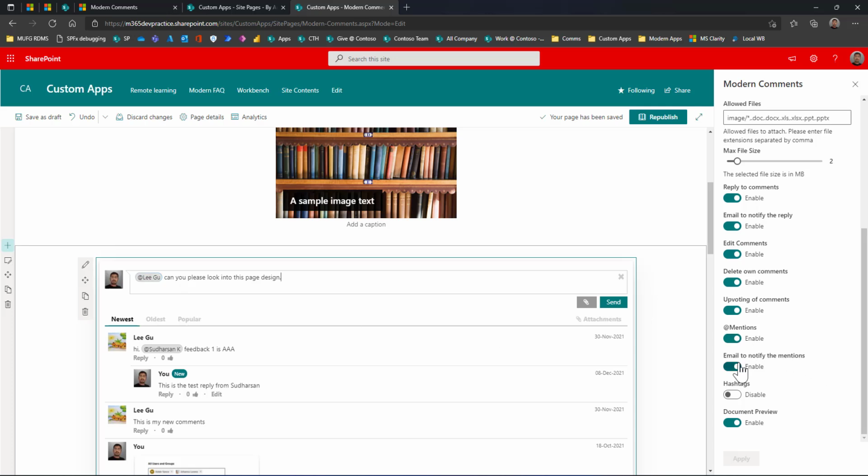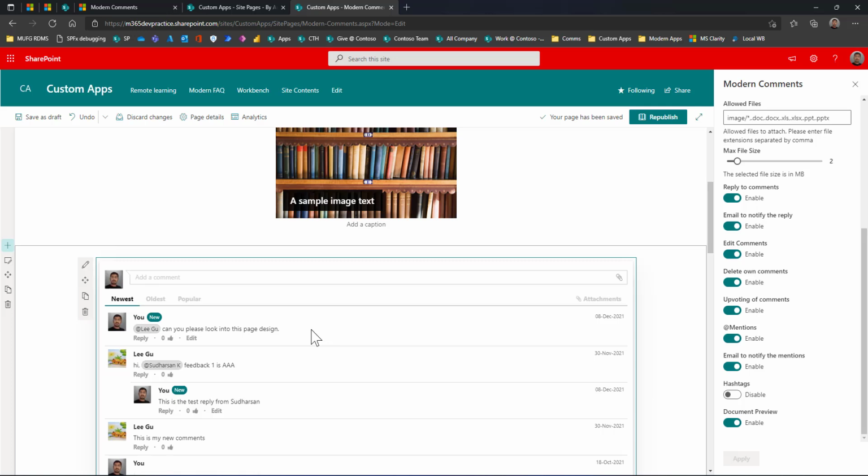And for mentions, I have an option called email to notify the mention. Whenever someone mentions your name in a comment, you will automatically receive an email, only if this option is enabled. Now I have enabled this option and I'm mentioning Lee. When I send the comment, Lee will automatically get an email saying that someone has mentioned you on this page.